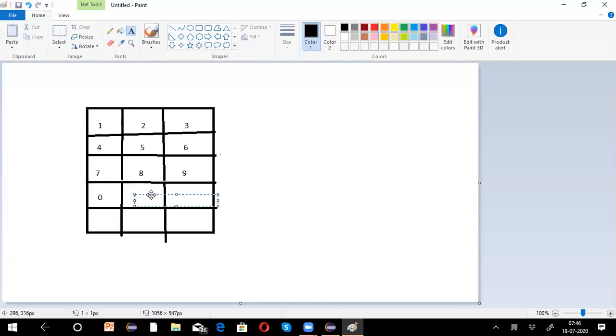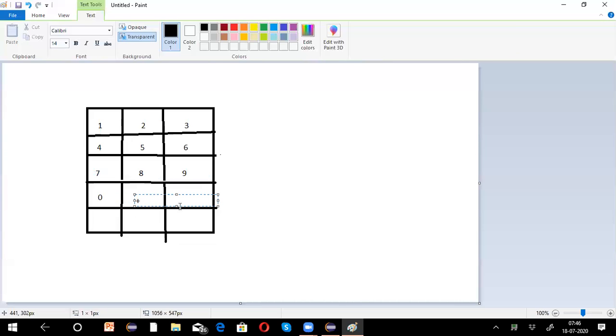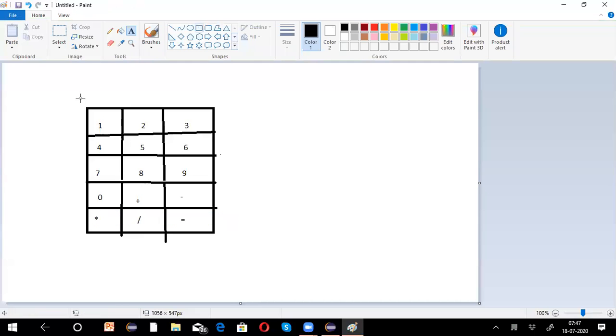Now here, let's say operators. We have operators like plus addition, subtraction, multiplication, division, and you can use enter or clear, CLR. And equal to, because this is an important one. And on top you require a text box to enter the data, and then, in order to clear the contents, you can use clear.